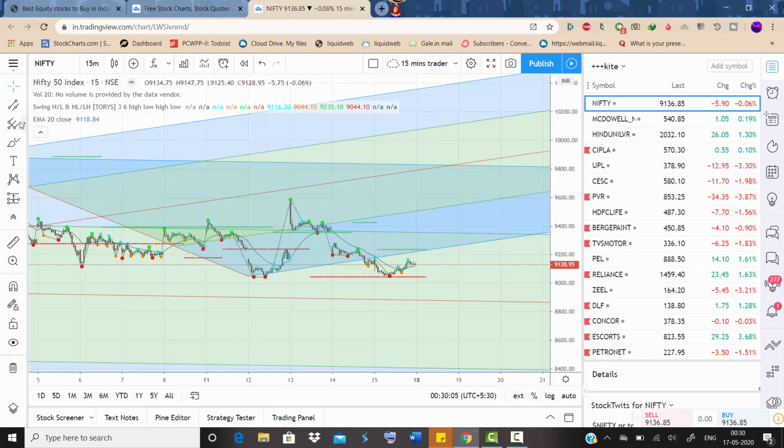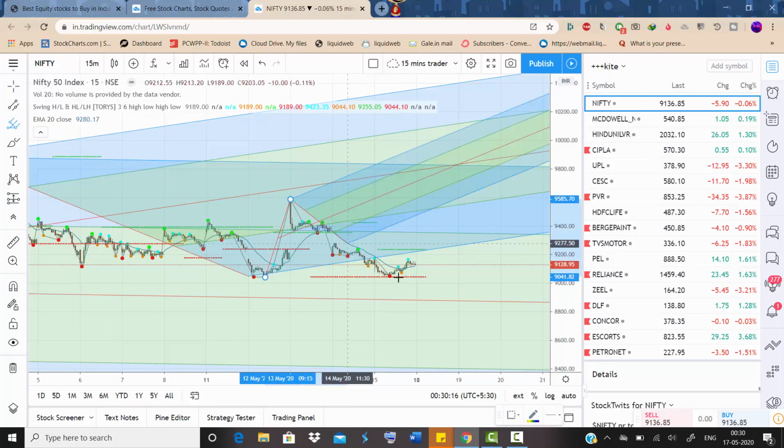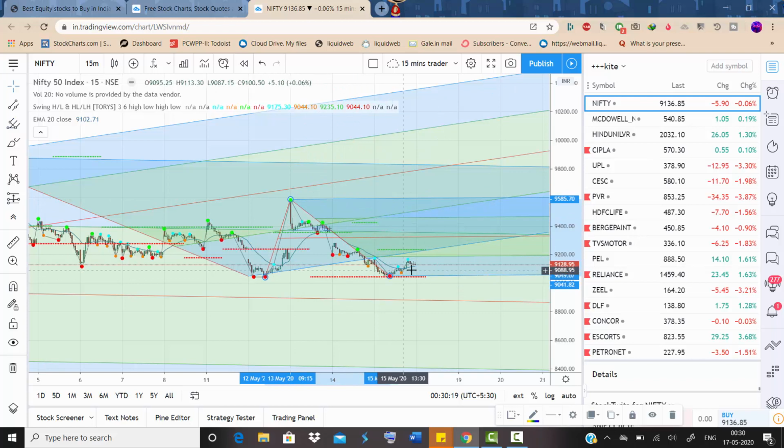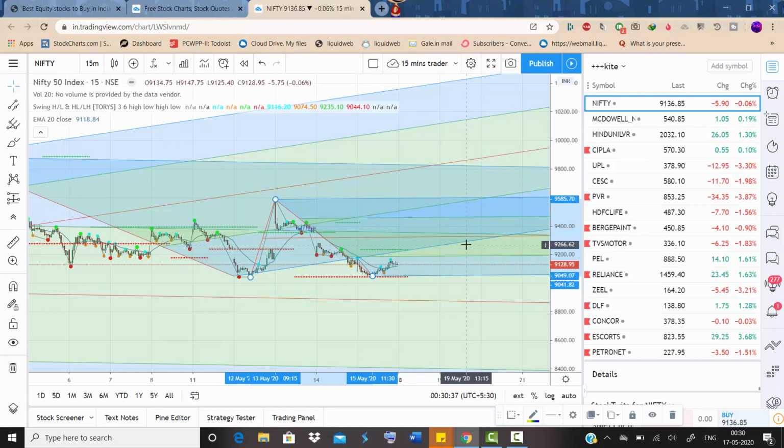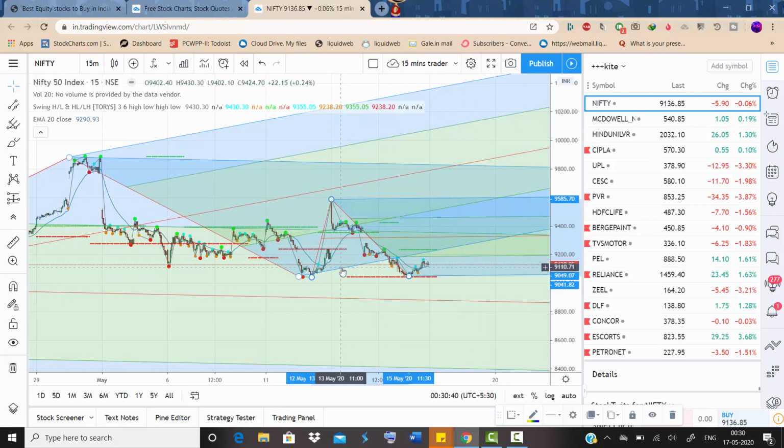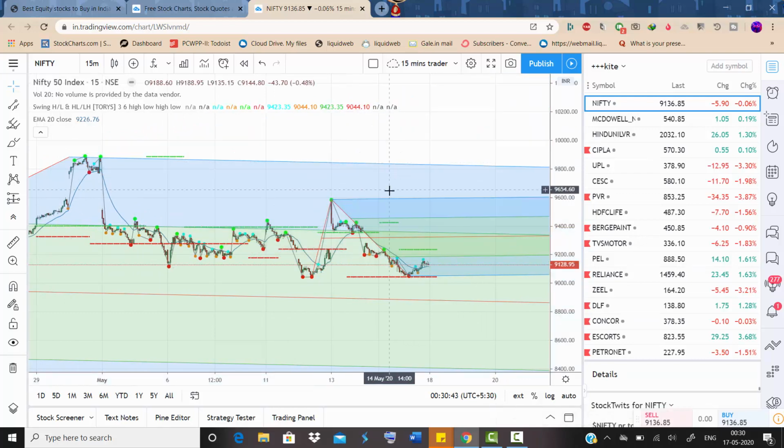Can again draw on the channel. You can see A, B, C. C has not gone below A, so we use the other pitchfork. Just hit A, B, C. You just get this. So as long as this is the stop loss, just the support, you can expect the stock to bounce to 93221. And if the stock hits this place, 9600, you just sell. So you can just keep doing this for intraday. It will be very useful.